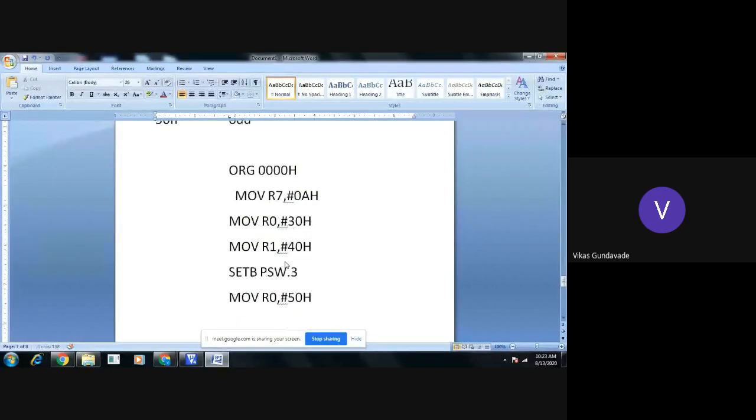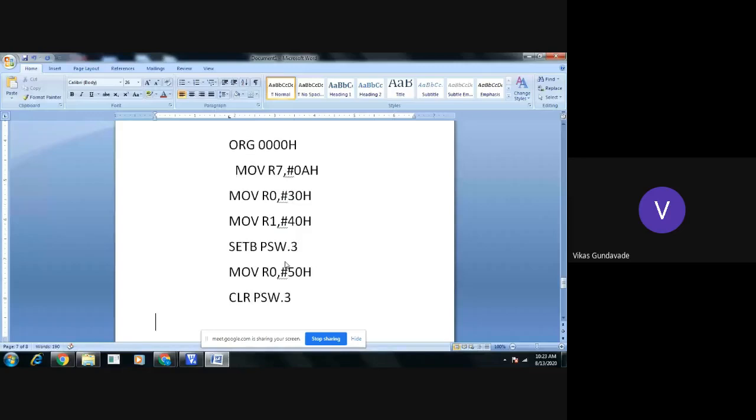After that we clear PSW.3, so that by default it shows bank 0, because the memory location having the array is in bank 0.